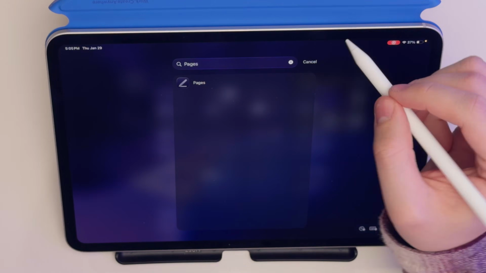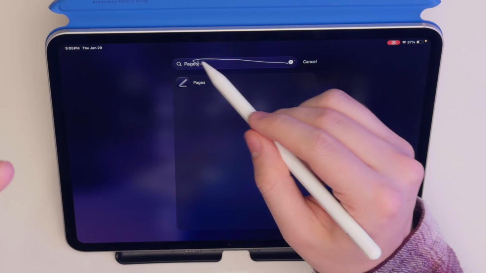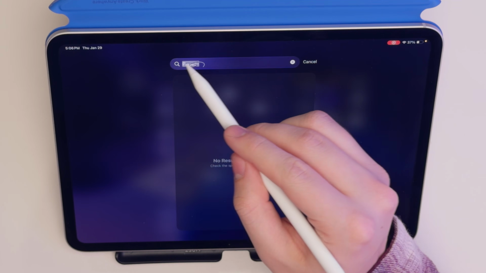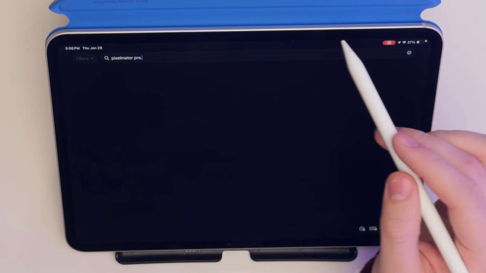Another thing I just really wanted to point out is that all these things are separate apps. The only thing that I think didn't actually say install the new app was Pages, Numbers, Keynote on the iPad. But on the Mac, it definitely was still another app. Like as you see, I only have one Pages installed. There's not two of them because of the two different Pages apps. But for Final Cut Pro, I can go back and search in the App Store, and I guess I can't